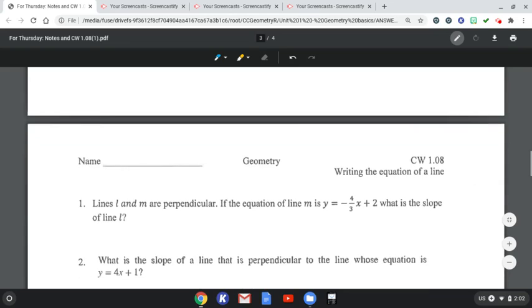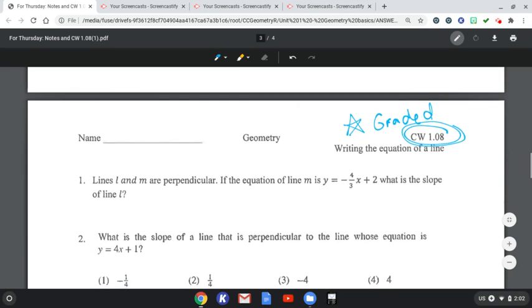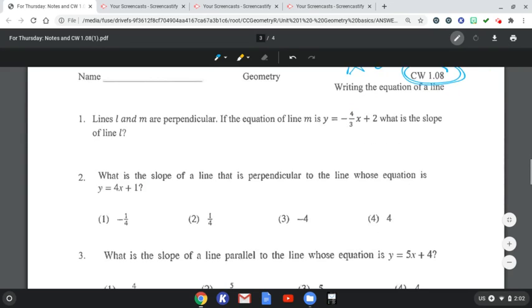I do not want you to do classwork 109. I want you to roll back to classwork 108. This assignment is going to be graded. And please, please, please look back to Notes 108 for help. Okay. In Notes 108,